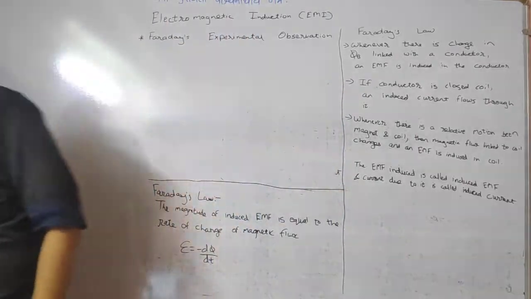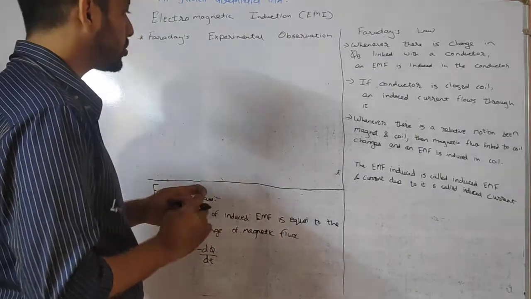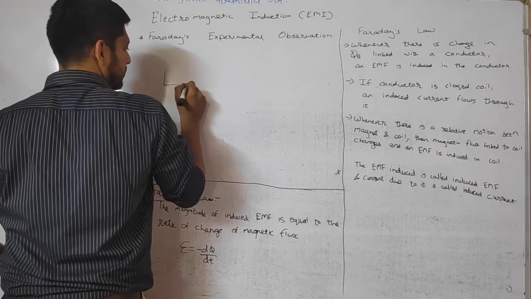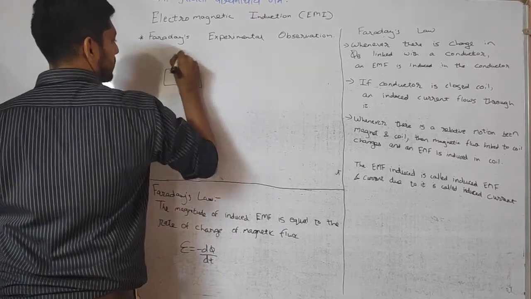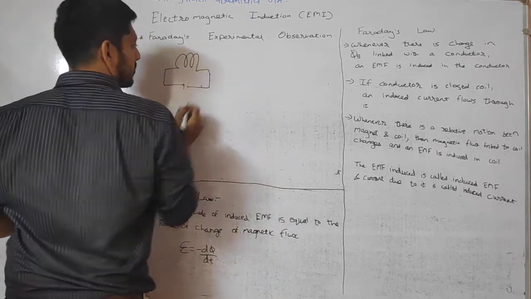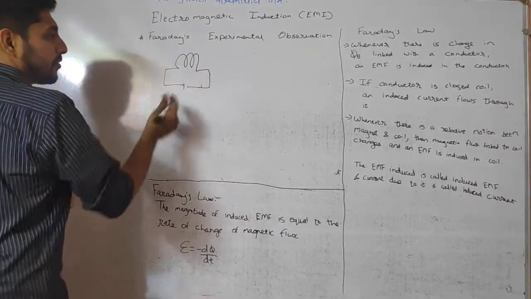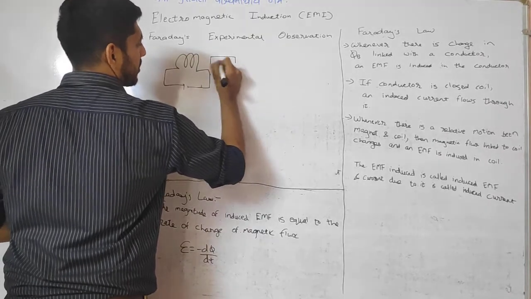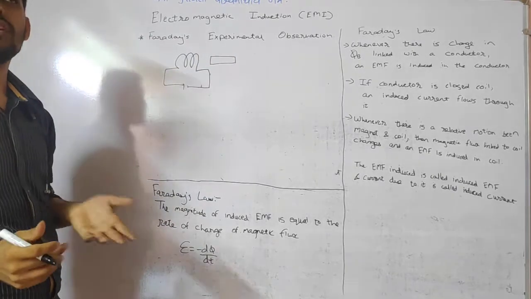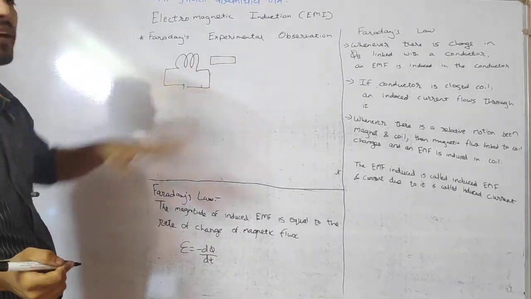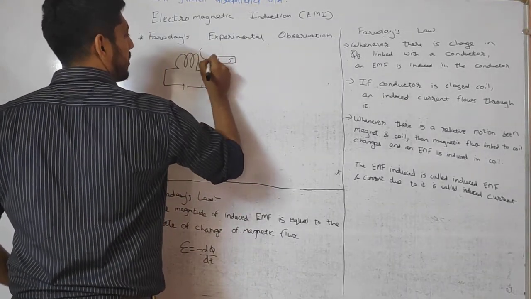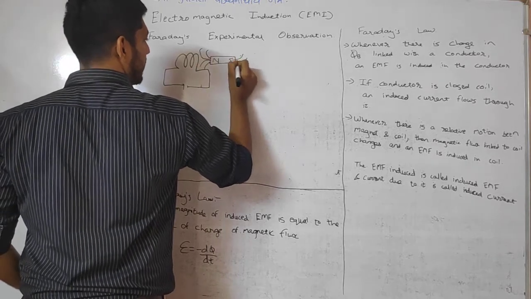The three observations that I showed you are given in your NCERT textbook in this manner. Suppose this is a current carrying coil connected with a battery. Here we have a magnetic conductor, or you can also have a magnetic coil through which the current is passing, so that a current carrying coil is always acting as a magnet. For simplicity I have shown here the bar magnet only, north pole, south pole. So there will be flux coming out of it, flux going inside it.